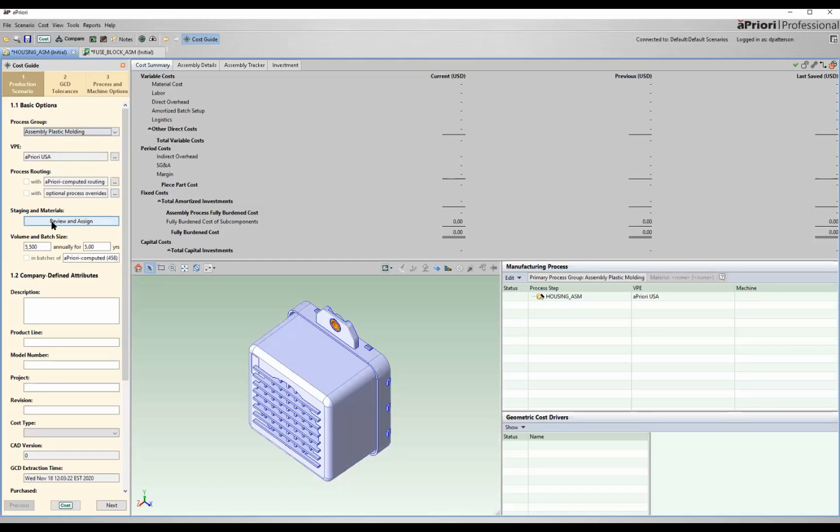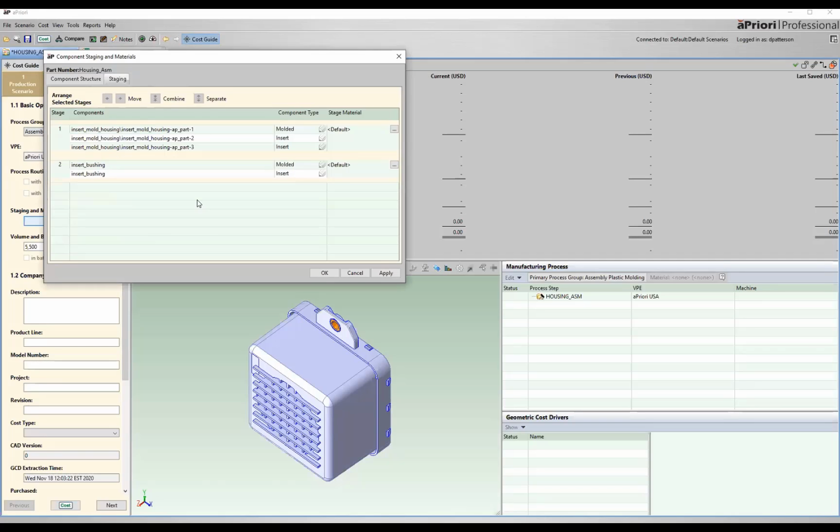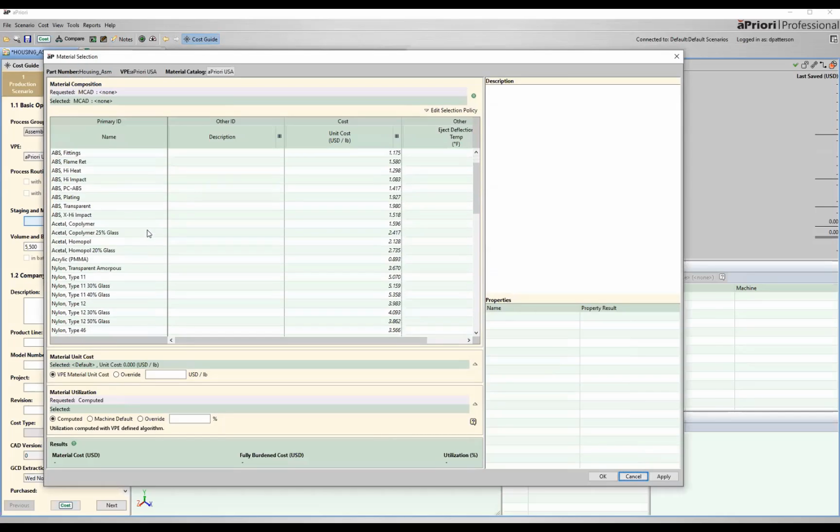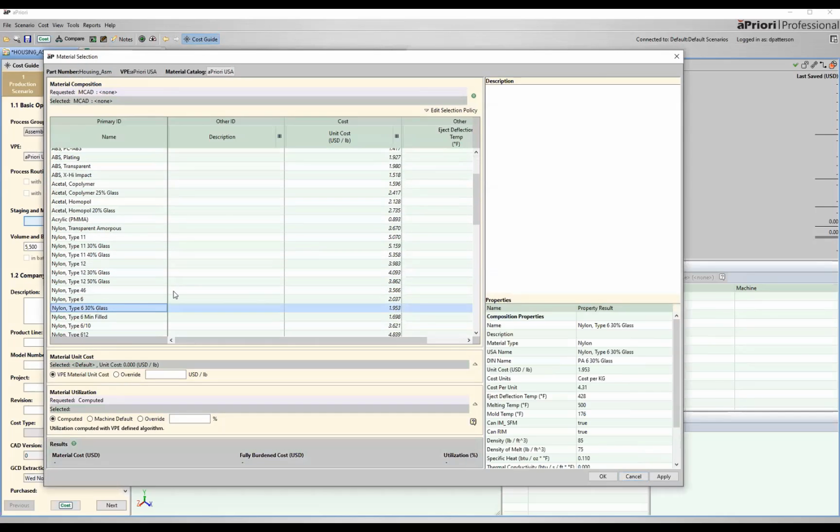And then importantly, we need to set our stages and our materials. So aPriori's automatically understood that there are multiple components in here, and we've applied the largest volume to be done in the first stage. We can set the material for that first stage. Maybe it's a nylon type 6, 30% glass. We'll pull in the cost for that material as well as the manufacturing parameters, just like insert molding and just